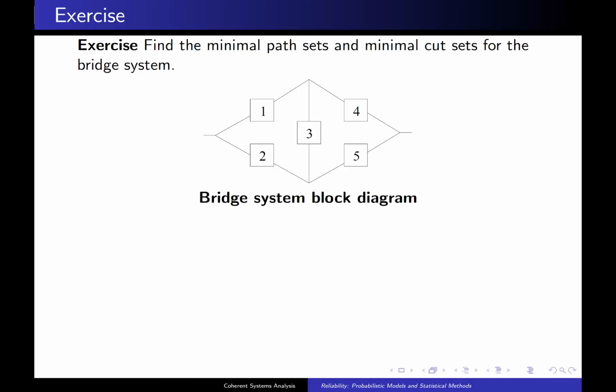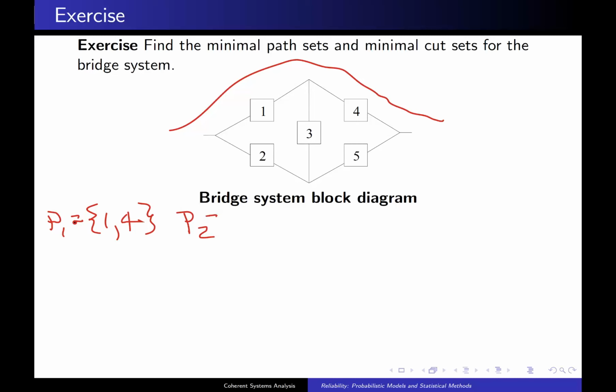Here's an exercise. Find the minimal path sets and the minimal cut sets for the bridge system, which we encountered earlier. Well, for the minimal path sets, we'll start with P1 here. One path through this system is through components 1 and 4. So that is one minimal path set. A second minimal path set